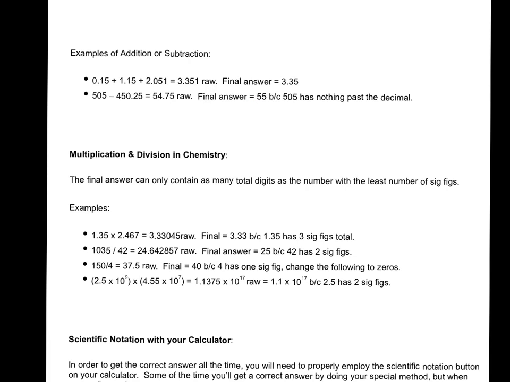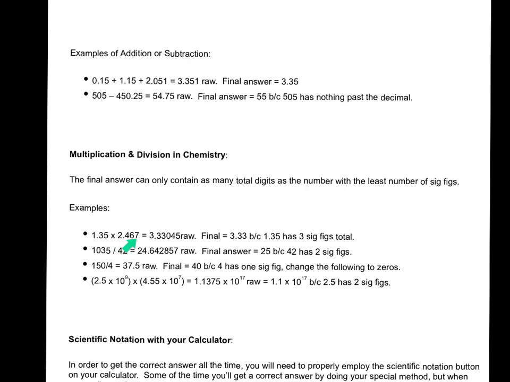Now, multiplication and division is a little bit different. The final answer can only contain as many total digits as the number with the least number of sig figs or digits. So when you multiply or divide, you look for the number that has the least number of digits total. It has nothing to do with places past the decimal. So for example,